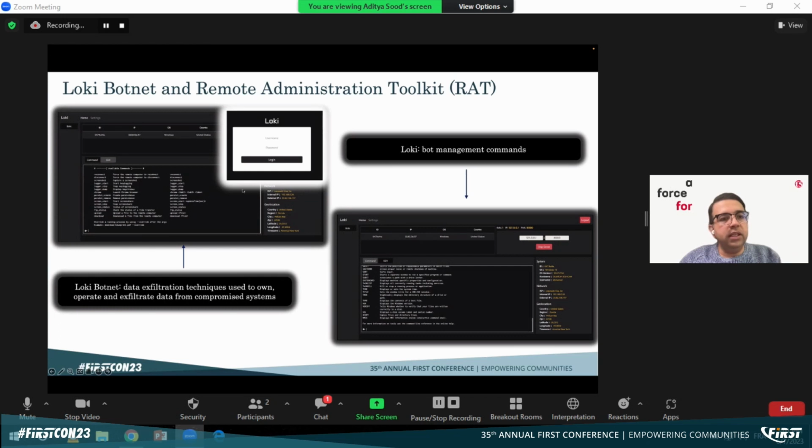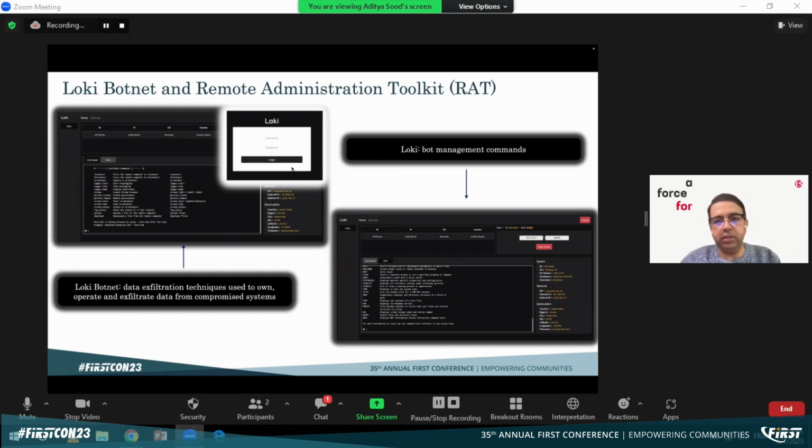In this screenshot, we are highlighting some of the insidious capabilities that the Locky botnet has, like how, if your system gets infected by a drive-by download attack, once the system is compromised, it connects back to the command and control panel. This is how it looks. Once it is connected back, the command and control panel sends operational commands to them, making sure these systems are a part of the botnet,